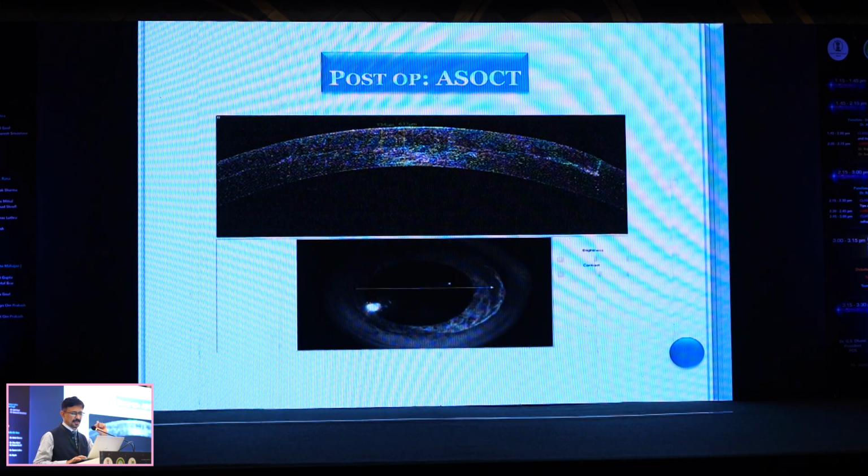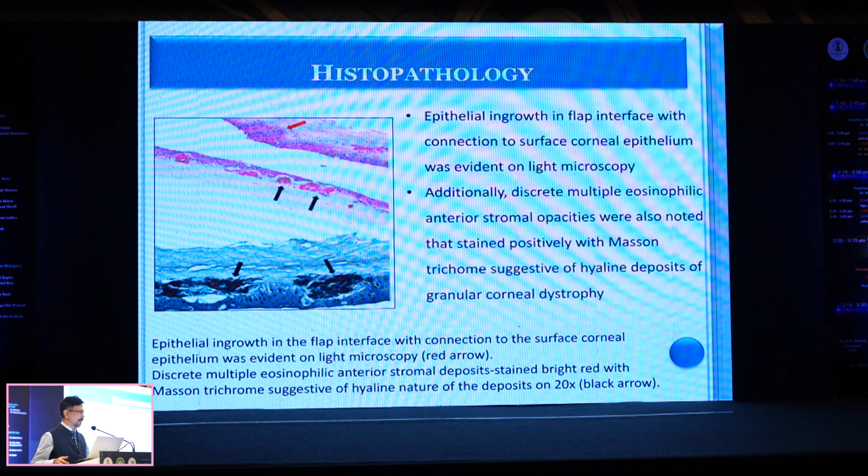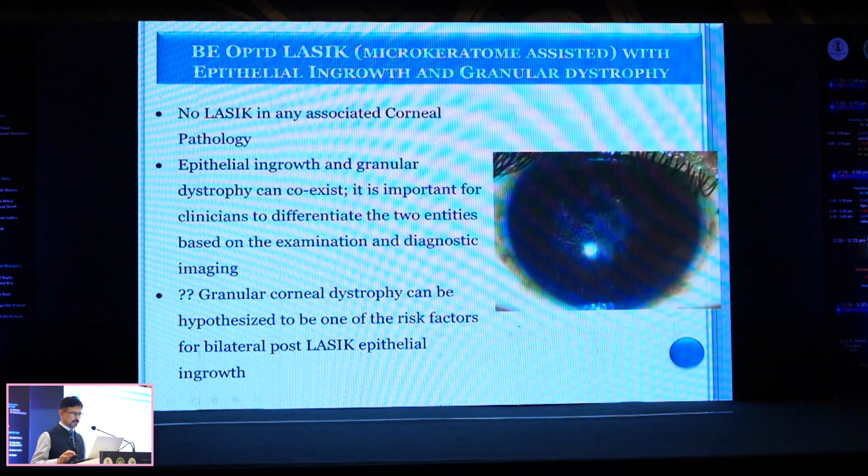You can see it's clear, and the apposition of the graft-host junction is absolutely vertical and nice. We did the histopathology in order to confirm whether it was only epithelial ingrowth or a combination with granular dystrophy, and we found epithelial ingrowth in the interface on histopathology. Additionally, there were discrete multiple eosinophilic anterior stromal opacities which stained positively with Masson trichrome, suggestive of hyaline deposits of granular corneal dystrophy. So the food for thought here is that